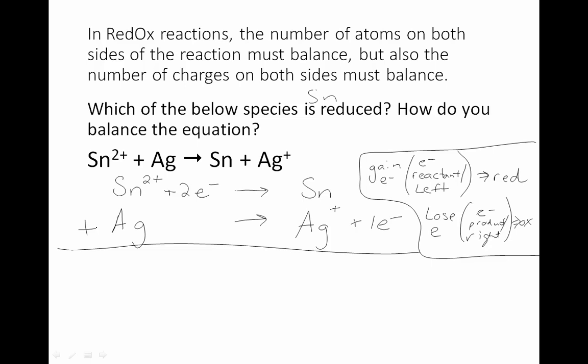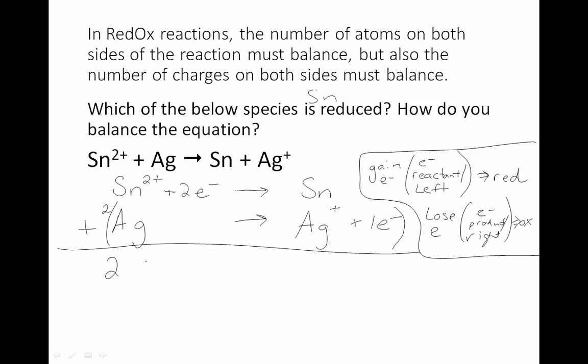So when we're adding them together, at this point we have 2 electrons on the left, 1 electron on the right. So what can we do to make it so we have the same number of electrons on the left as we do on the right? Our fourth step, if you remember from the previous slide, was to balance our number of electrons by multiplying half reactions by whole numbers. So if we take this whole half reaction, I know it's kind of a funny way of saying it, and multiply it by 2,